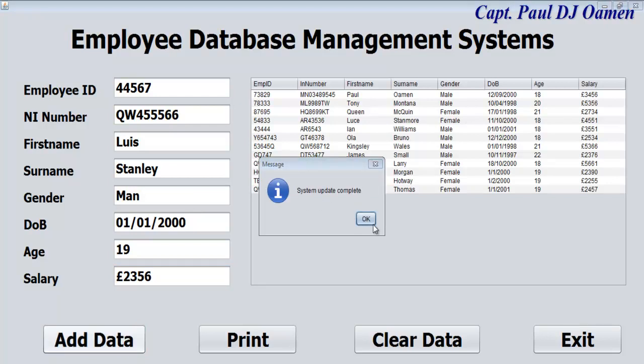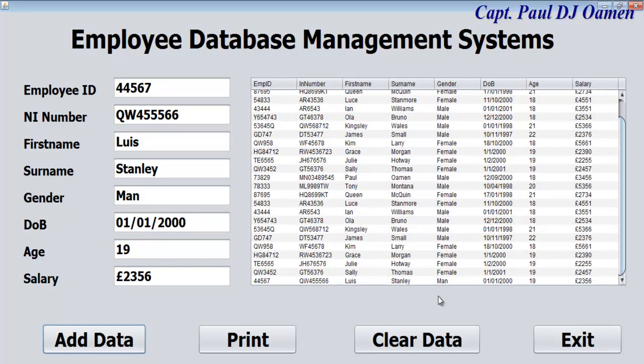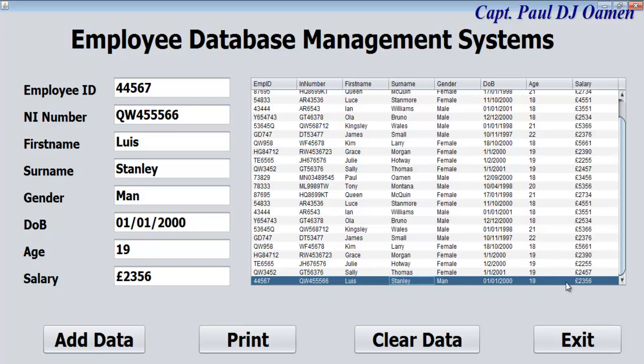System update, click on OK. There, if we go right down here, you should be able to see Louis Stanley there. Look at that. Okay, before we go into Java NetBeans, just to prove to you that everything is saved inside